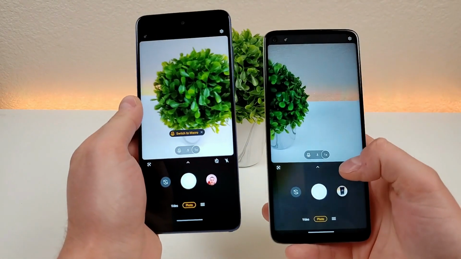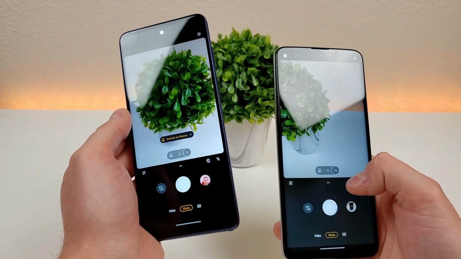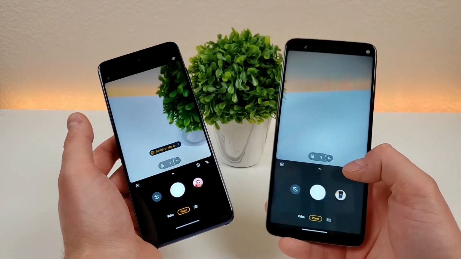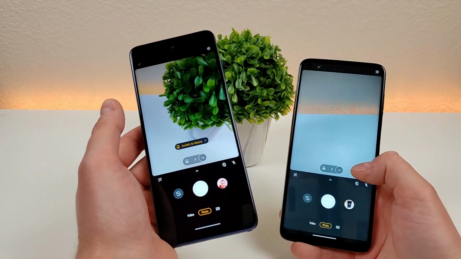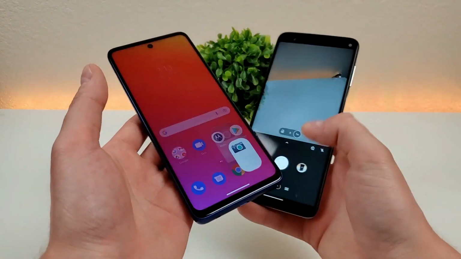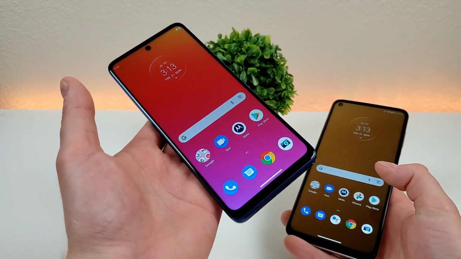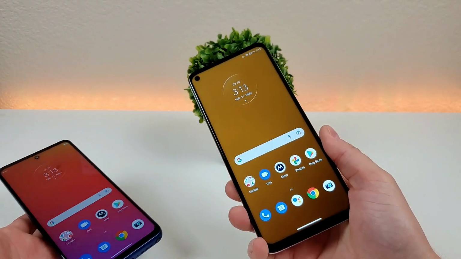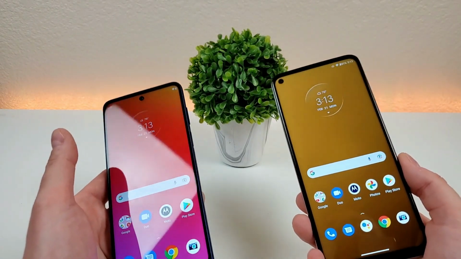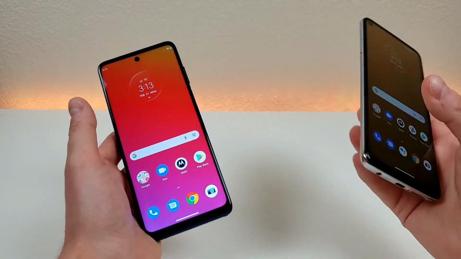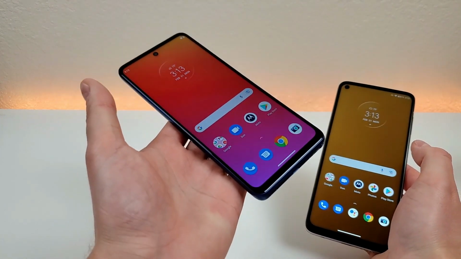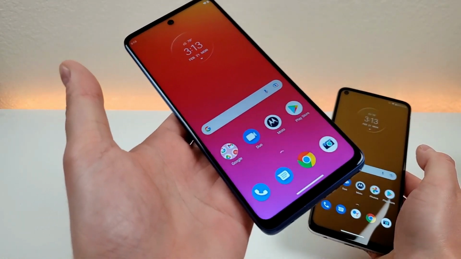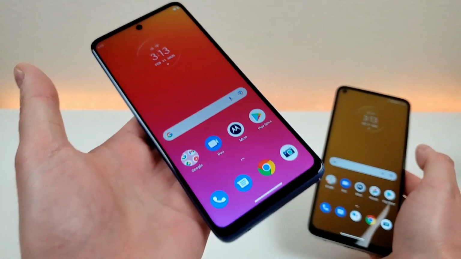Now speaking of that, there are some limitations when it comes to video recording with the Moto G Stylus 2022 compared to its 2021 counterpart. And that is that with the Moto G Stylus 2022, video recording is limited at 1080p, whereas with the 2021 model, we can take 4K video. And then with the front cameras on both, it is limited at 1080p. So it certainly is a bit disappointing to see this phone drop 4K video support, as far as at least recording it. It can at least take video at 60 FPS at 1080p, but I would have preferred to see it have 4K video recording,